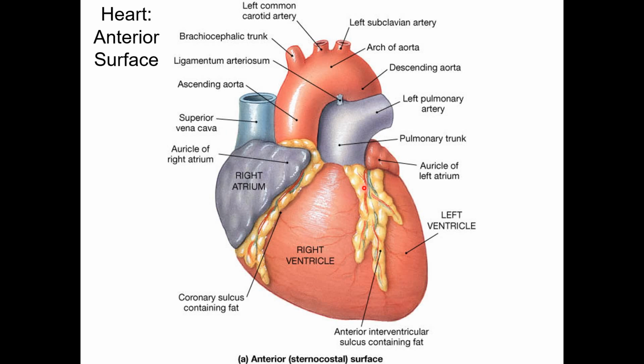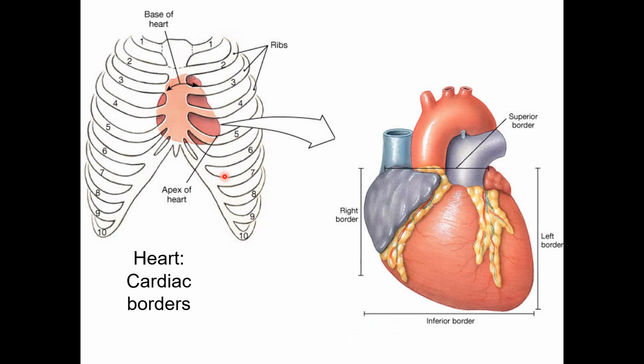So the anterior surface is formed by the right atrium and right ventricle, separated by the coronary sulcus, and a small part of the left ventricle, separated from the right ventricle by the anterior interventricular groove or sulcus. This is the surface that we can see when we take a chest x-ray. Here we can determine the borders of this surface, which we call the cardiac borders. These cardiac borders are constant and their surface anatomical landmarks are very important. It is roughly quadrangular.